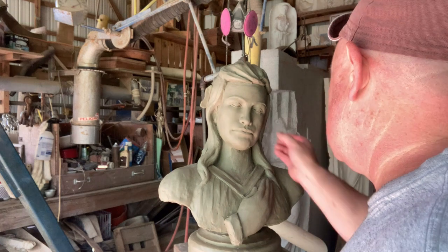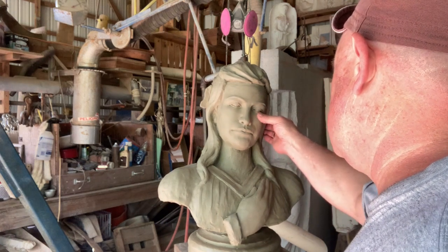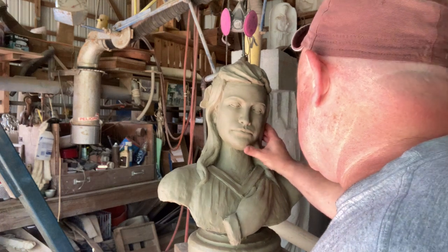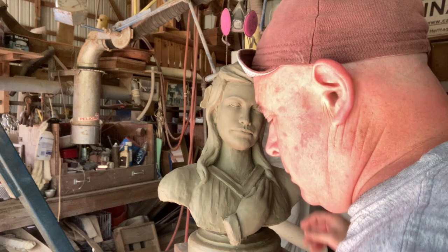All right, I've done just a little bit more with her. I think she's what she's going to be. And so I'm going to start working on the mold. Now,